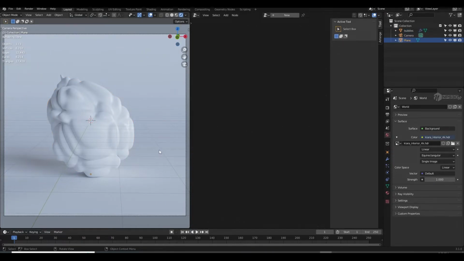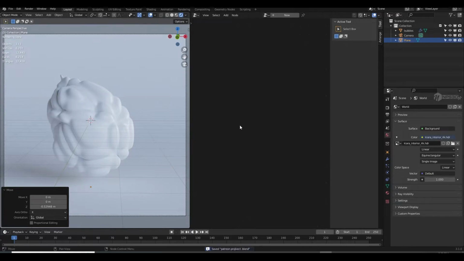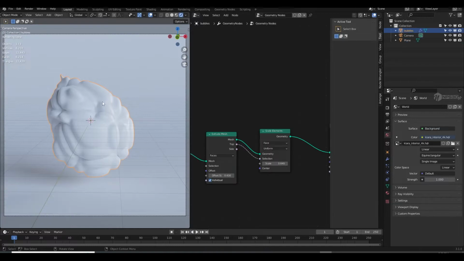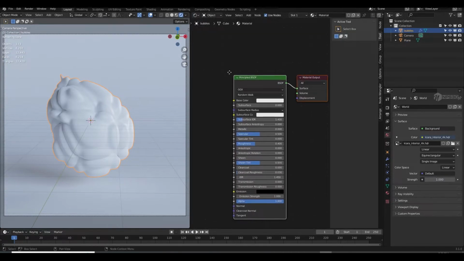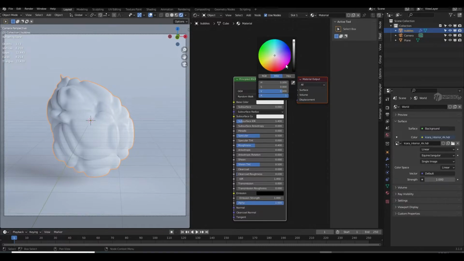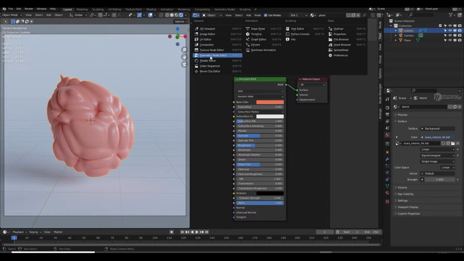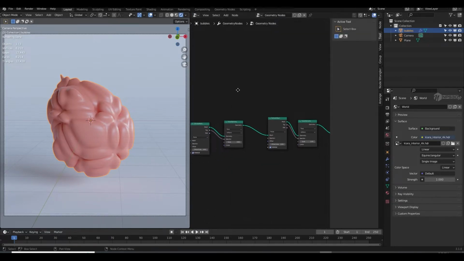I'll select the plane, ground plane, G Z, to make it more down. And now let's select the object and go to the shader editor, and on here I can just simply change the color, and this will be our glass material. And I'll go to the geometry node editor again, and even though the material is already applied on the object, I will